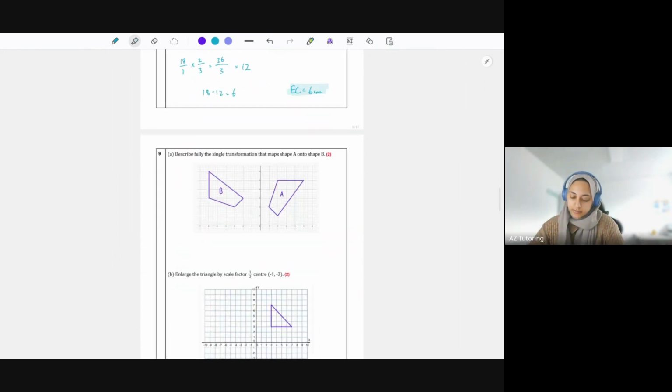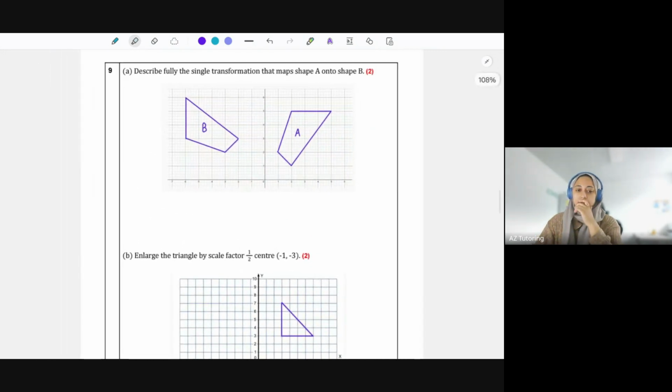Let's move over to question 9. So this question here says, describe fully the single transformation that maps shape A onto shape B. So how do I go from this shape over here to shape B? Okay, so it's quite hard to describe this just using the tablet, but what you would need to do is use tracing paper. And using tracing paper, you'll realize that this is a rotation